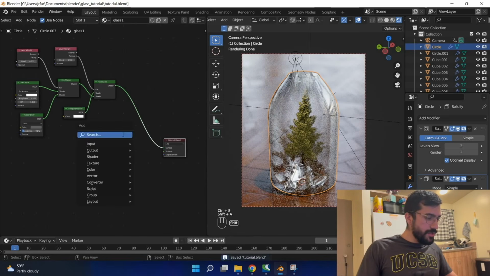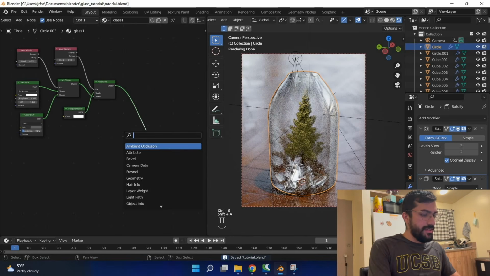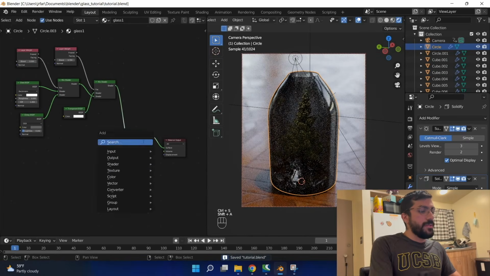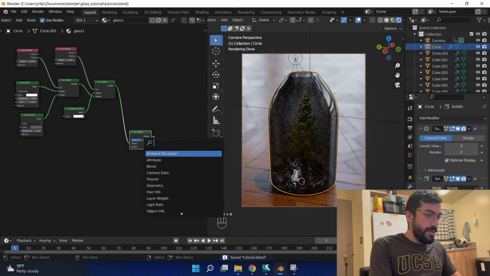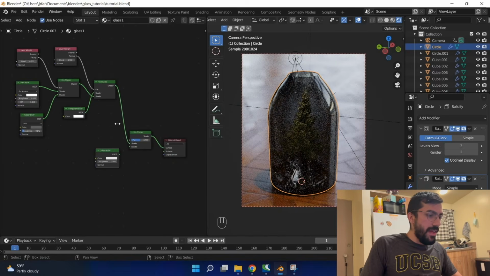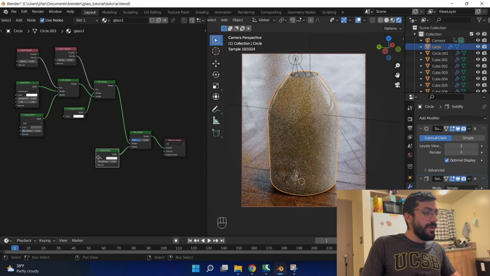Okay, so Shift A, click search, add another mix shader. And now we're going to add in an image texture. So we're going to add a diffuse shader. So Shift A, search diffuse, then plug the BSDF output into the diffuse shader, and make sure your Node